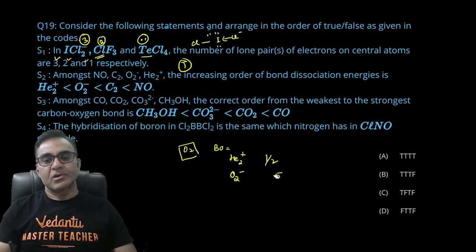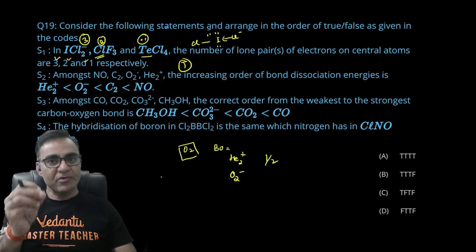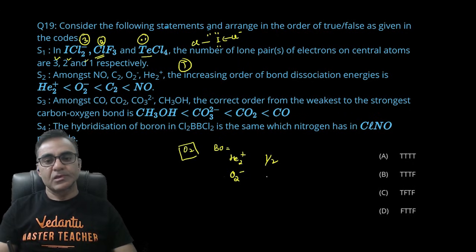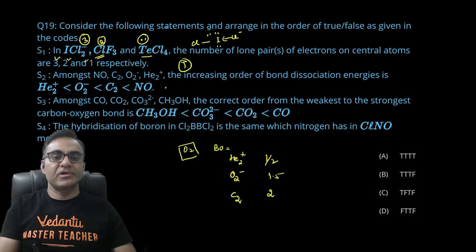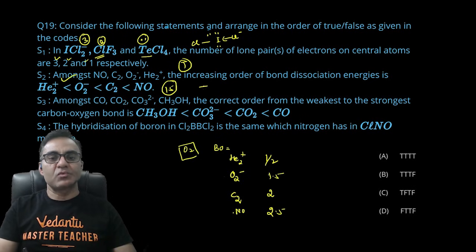O2 माइनस एक्चुअली, O2 माइनस मीन्स यू हैव एडेड वन इलेक्ट्रॉन इन द एंटी बॉन्डिंग मॉलिक्यूलर ऑर्बिटल। और एंटी बॉन्डिंग MO में अगर एक इलेक्ट्रॉन ऐड करते हैं तो बॉन्ड ऑर्डर हाफ यूनिट से कम हो जाता है, ऑलराइट। तो हाफ यूनिट से अगर कम हो गया तो 2 के बाद ये बन गया आपका 1.5। ऐसे ही अगला है आपका C2। C2 के अंदर टोटल बॉन्ड ऑर्डर 2 होता है एंड NO के अंदर बॉन्ड ऑर्डर 2.5 है, ऑलराइट। बस, तो जैसे जैसे आपका बॉन्ड ऑर्डर बढ़ेगा वैसे वैसे बॉन्ड डिसोसिएशन एनर्जी बढ़ेगी, तो ये स्टेटमेंट भी है ट्रू, ठीक है।